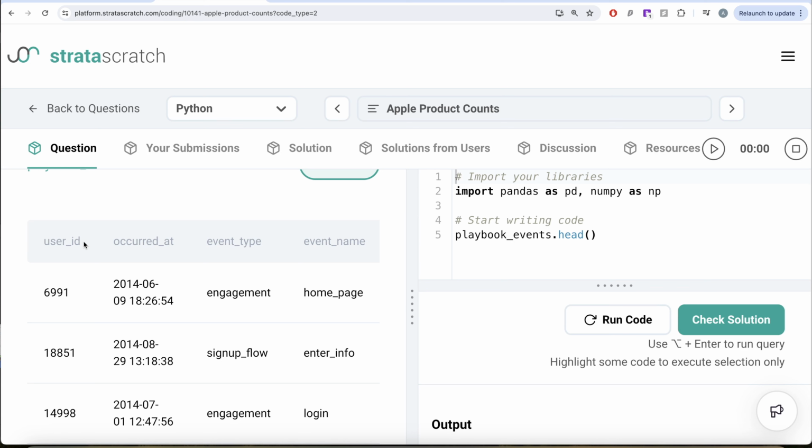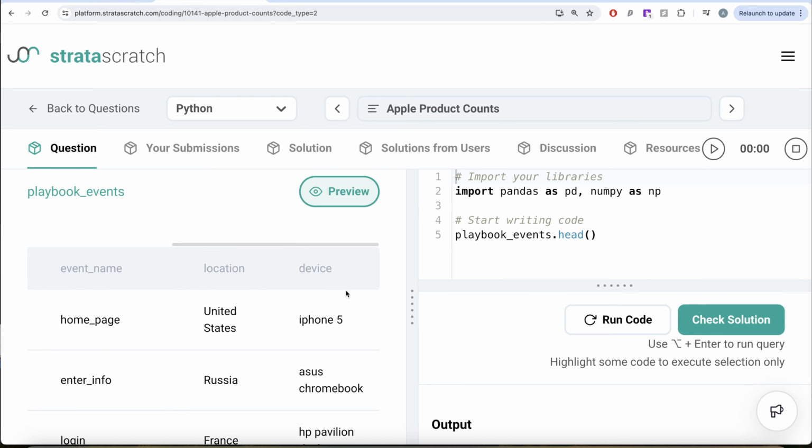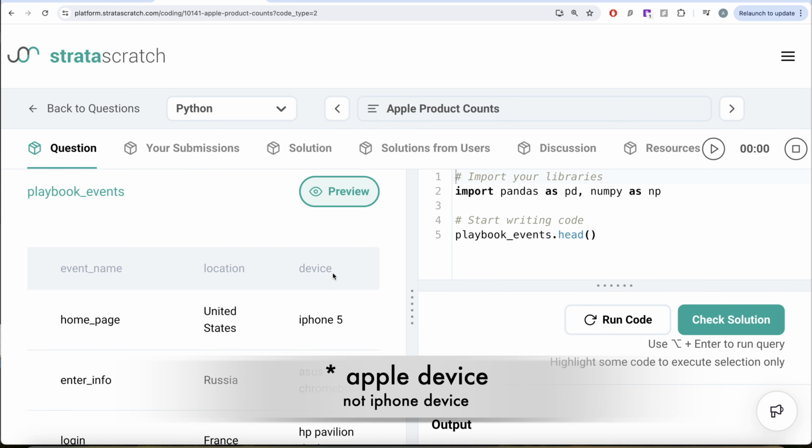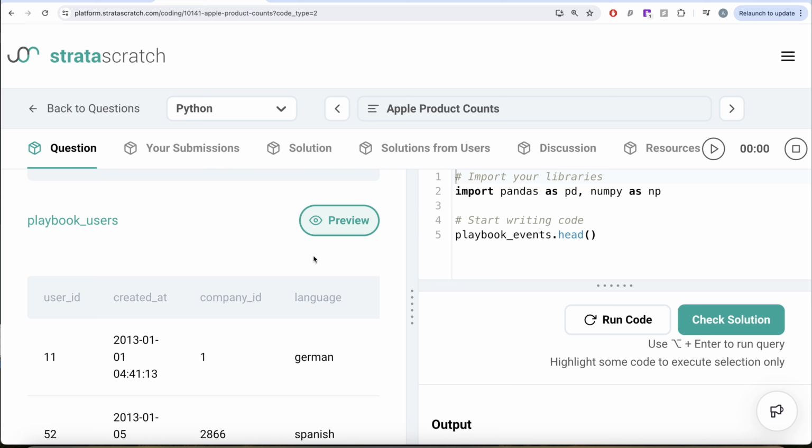Now, how are we going to perform a join? Should we do a left join, right join, inner join, outer join, what else? So just think about it. We want for every language how many people are using an iPhone device versus the total users. So if you are using a device but you do not have any information in the playbook users table,